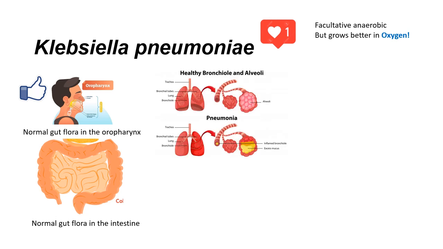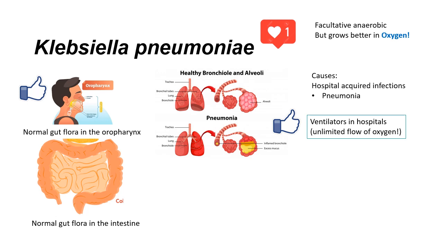Not only that, but it causes a disease from the bacteria's name itself, which is pneumonia. Pneumonia means infection of the alveoli and the accumulation of fluid inside the alveoli. That's why we also call it hospital-acquired pneumonia, because it mainly happens in patients in the hospital, but it can also be in the community. And because it likes oxygen, it also grows in patients on ventilators. Patients who are receiving artificial oxygen, because there is a continuous and unlimited flow of oxygen, it will make it grow and also